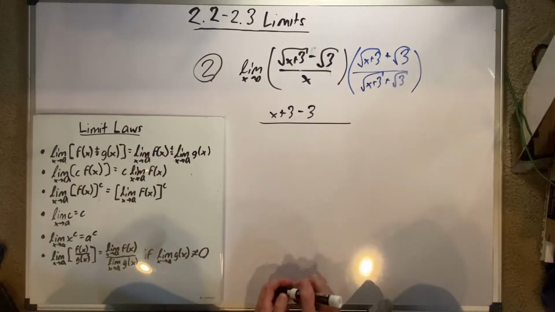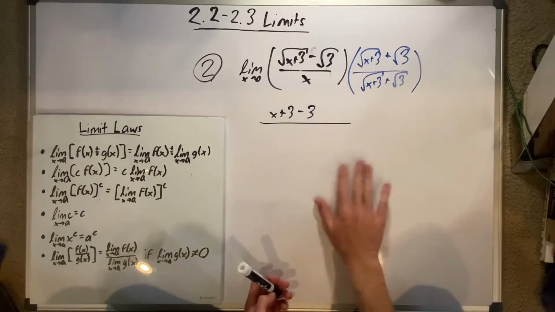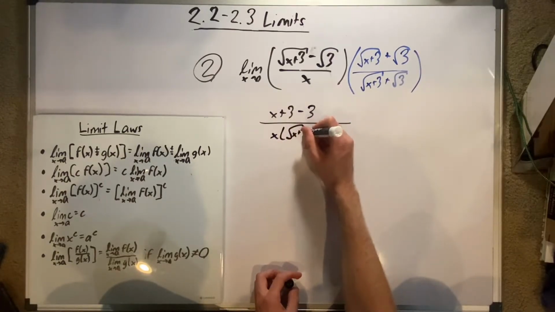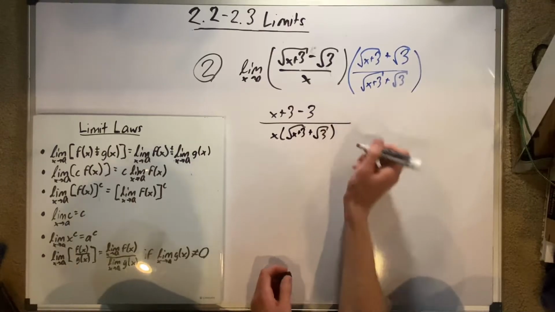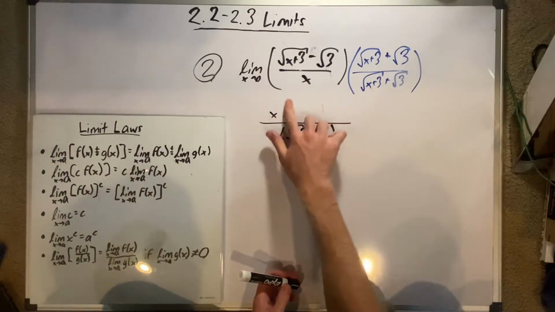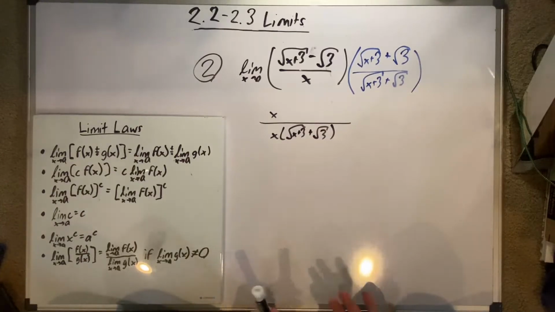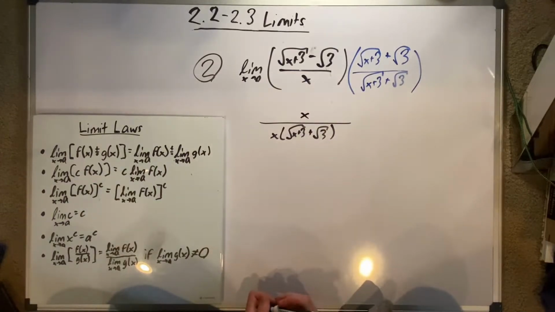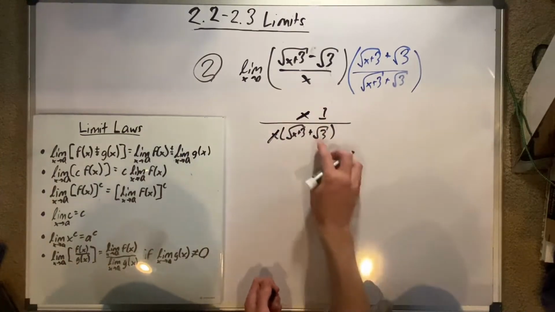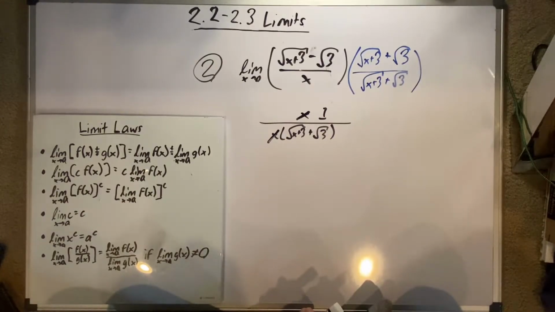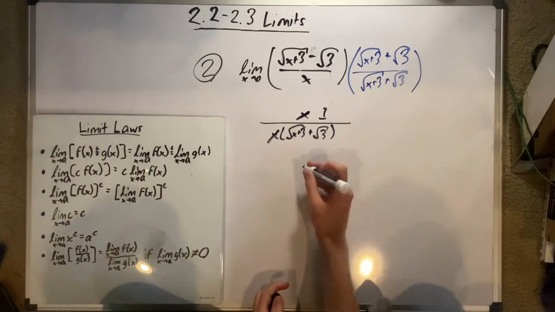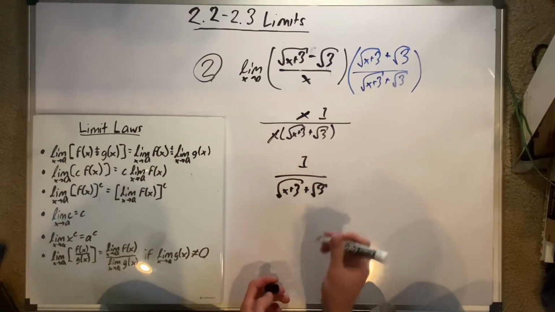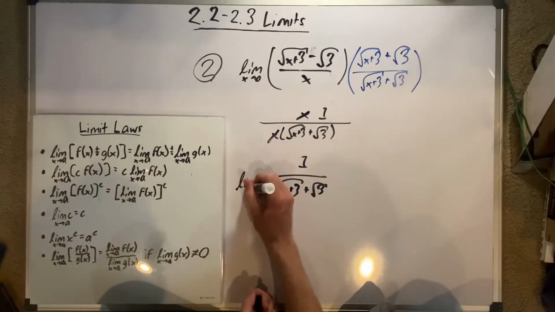Now let's see what we have at the bottom. Now I'm going to tell you, don't distribute it. Just don't do it, because we're looking for things in the simplest form, so it's actually going to just create more work for you to simplify it. So that's all you have there. These 3's eliminate, because positive 3 minus 3 is equal to 0. And now we have both an x on the top and an x on the bottom. These eliminate as well. Don't say this is 0. Do not say that's 0. It's 1. So now we have 1 over rad x plus 3 plus rad 3